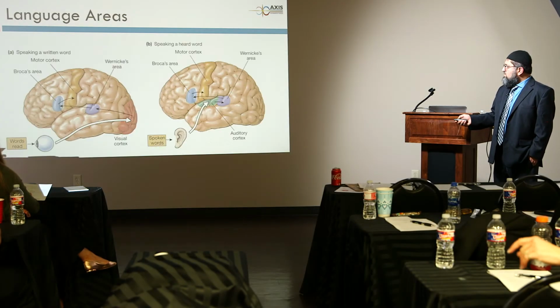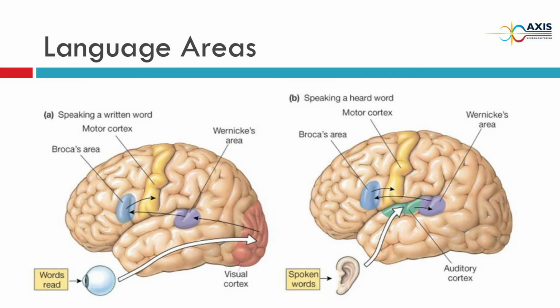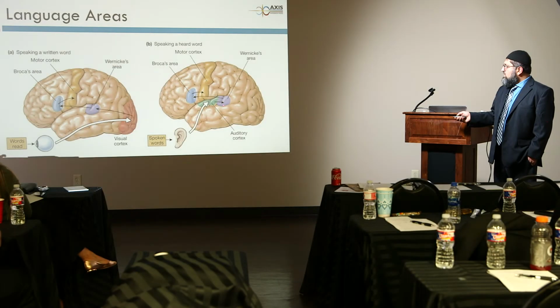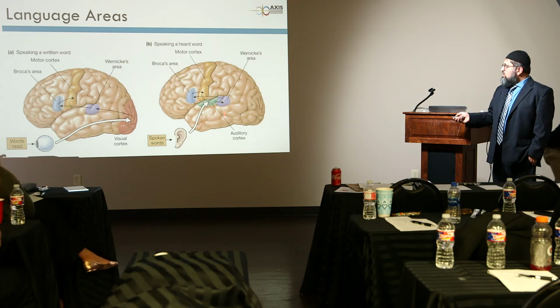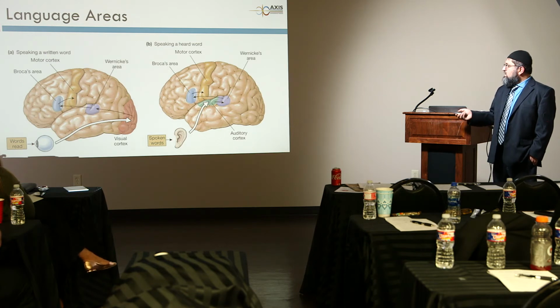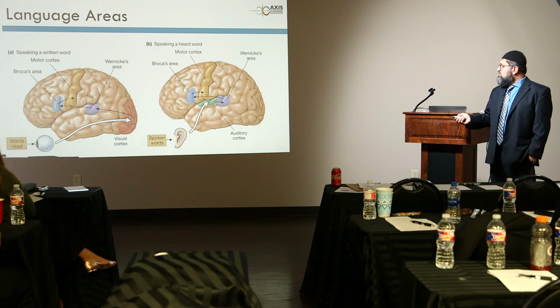The arcuate fibers are the fibers that connect the two, Broca's and Wernicke's. So if you are able to identify Broca's and Wernicke's and have no damage, but these fibers connecting them are damaged, then the patient will have a language deficiency. So we not only have to identify Broca's and Wernicke's, we have to identify the arcuate fibers, which are connecting fibers between those two areas. They connect the auditory area to this area and the visual area to this area.